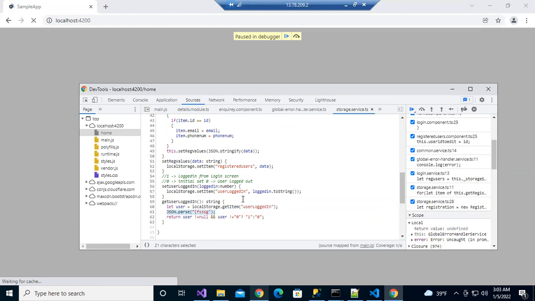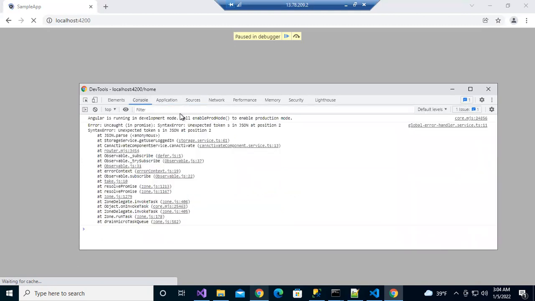Common questions in interviews will be general. They will ask: what is a component? What is a nested component? How to pass data from parent to child, child to parent? Along with that, how to handle the errors. This is the way: error handler, simply create a service file. Next, import error handler in that service file, implement that, and then step 4, use it. Done. Next, how to improve performance? You can improve performance by using lazy loading in Angular. There are other different ways, but as of now in my application, we are using lazy loading. Next, you can elaborate that we need to identify some complex logic to implement fast.